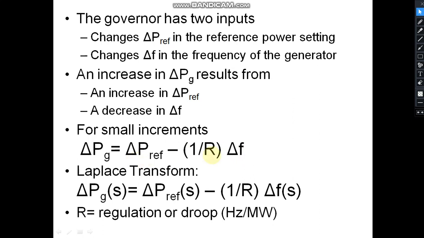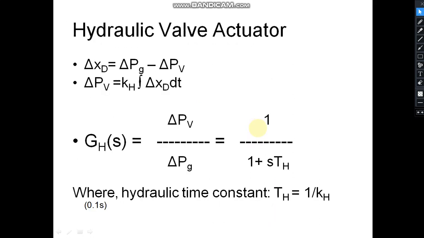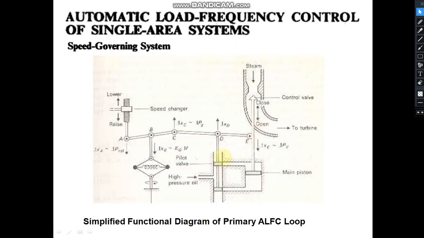We have already discussed this, and this is the Laplace transformation of it. R is nothing but the regulation or droop. It is measured in hertz per megawatt. Another thing is that we have the hydraulic valve actuator. Now in this case, see, in this hydraulic valve actuator,